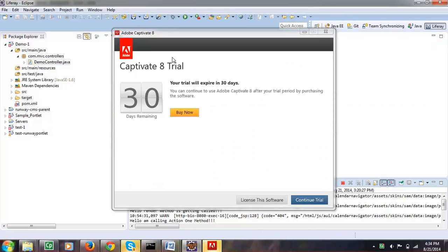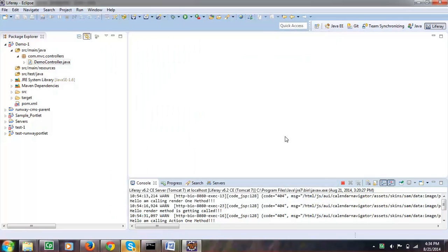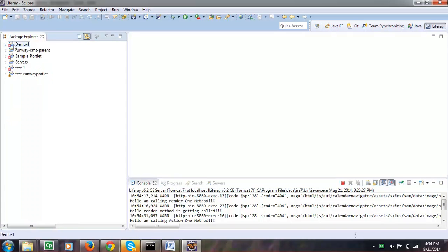In this video, we are going to see how to do inter-portlet communication. So what we'll do is, we basically need two portlets. We already have demo one. I have created another portlet called sample portlet, which will be a receiver portlet. So we have a sender portlet, which is demo one, and a receiver portlet, which is